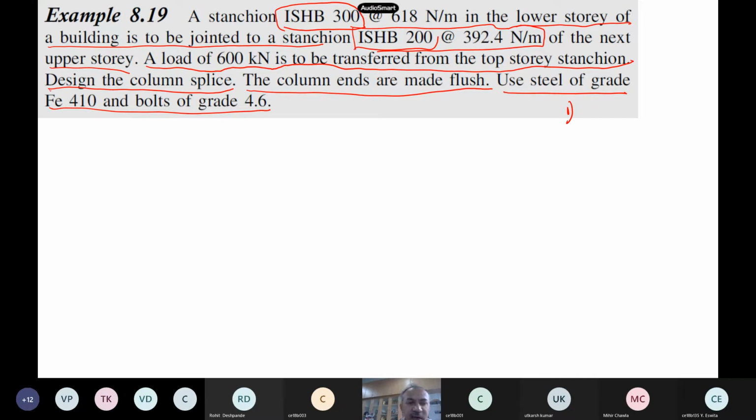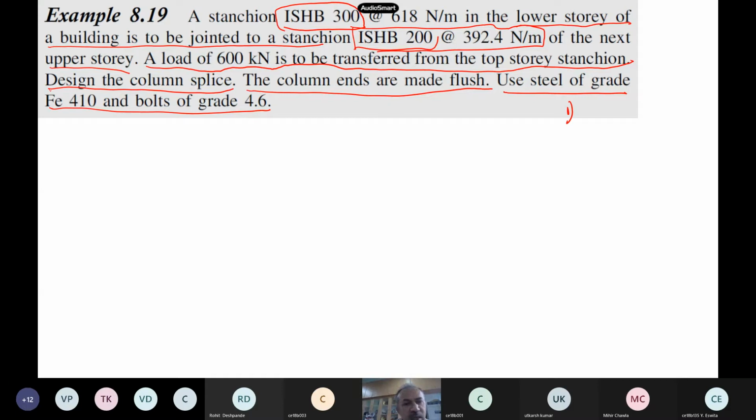Any bending moment, or only what type of load? Only axial load. Do you have any shear? No, sir.